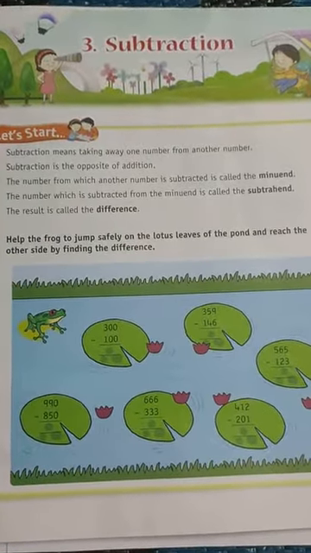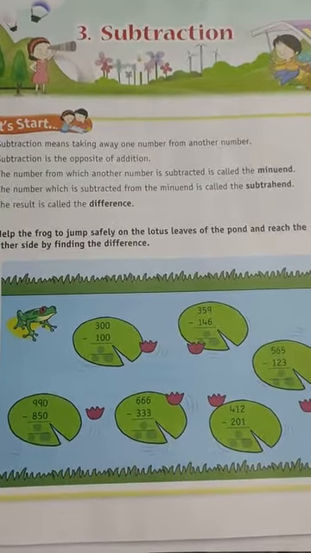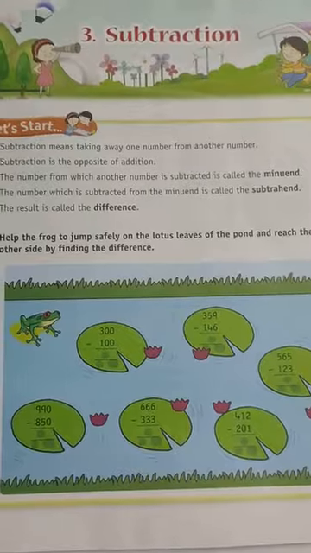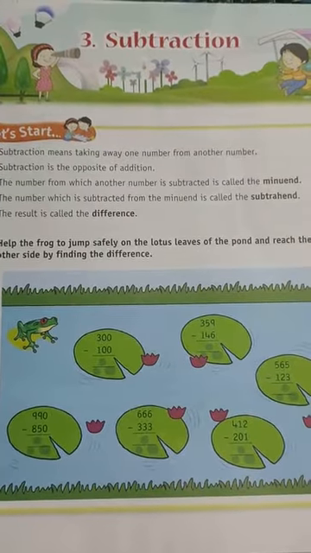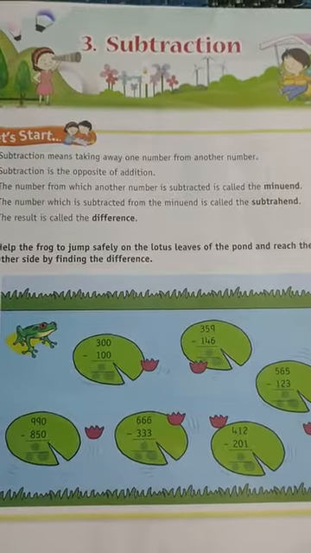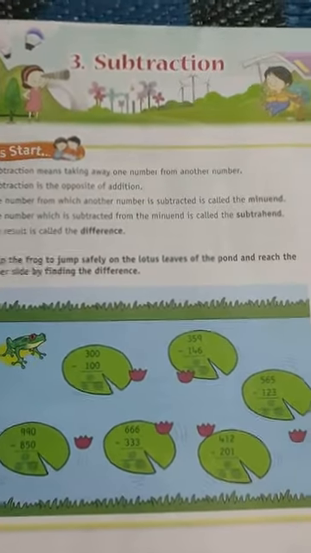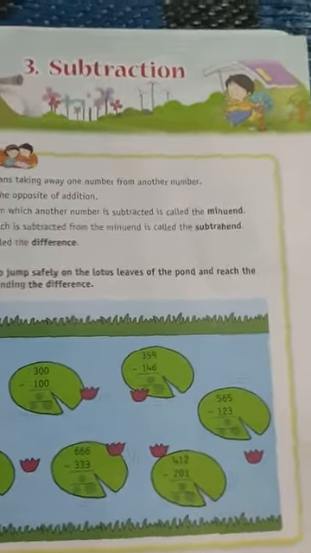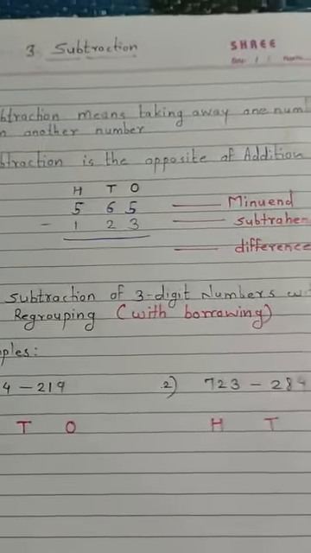In the previous period, we finished our second lesson, addition, and now we will start lesson number 3, subtraction. You already know what subtraction means as you studied it in the previous standard. So we will see it in more detail in this lesson. Let's understand it with the help of our book. Lesson number 3, subtraction.